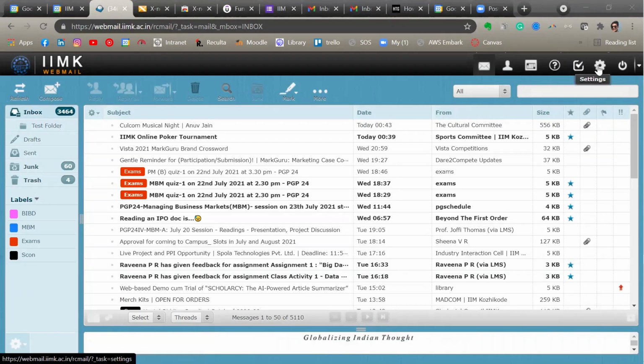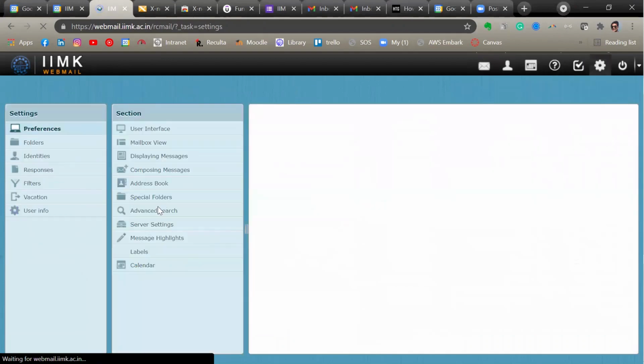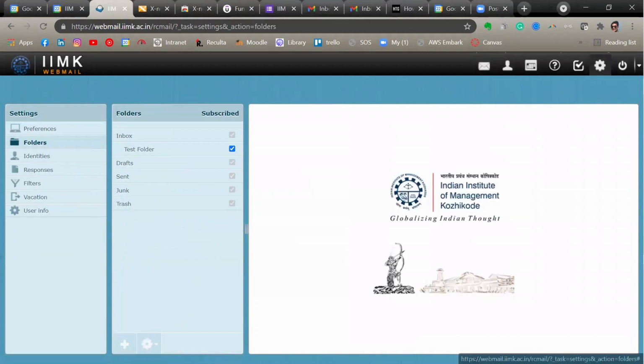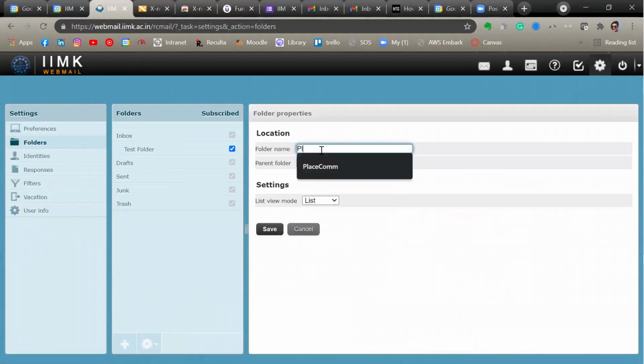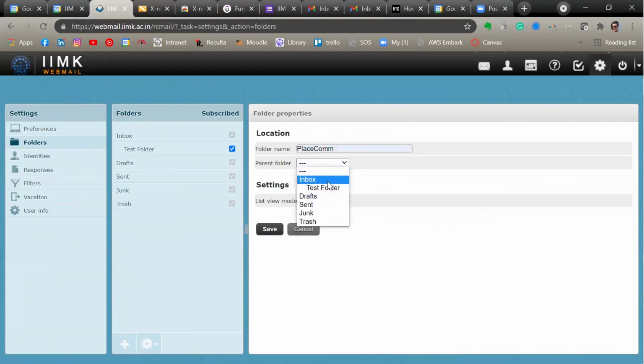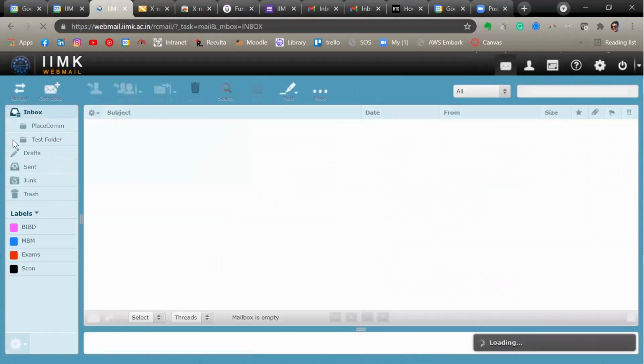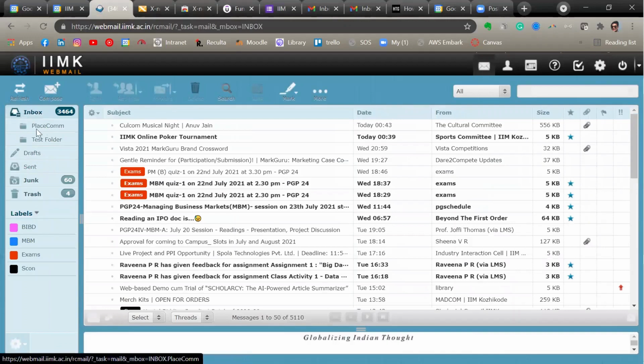So let's go to settings, then go to folders, then here click on plus and create a folder. Let's call it placecom. Parent folder, let's make it a part of the inbox folder, and then let's save it. Now this is how it will look. So here under inbox you will find this placecom folder.